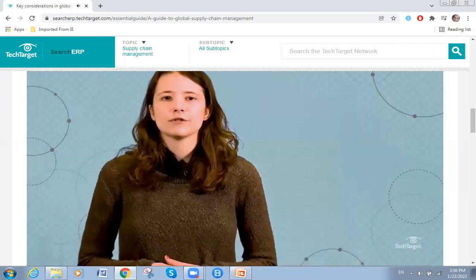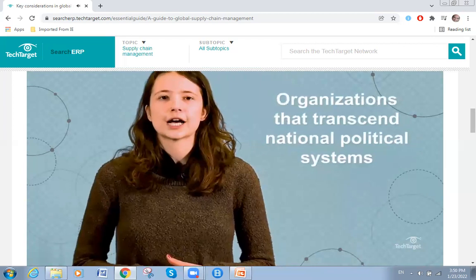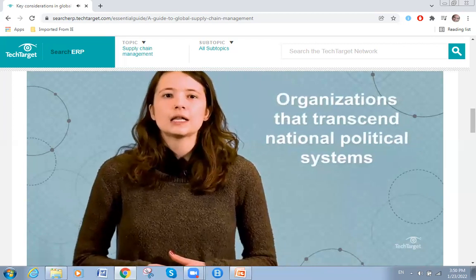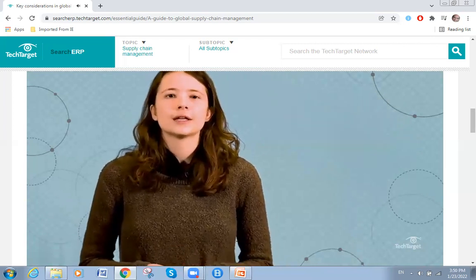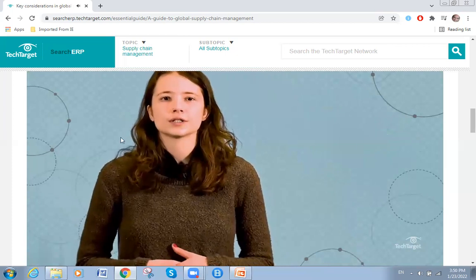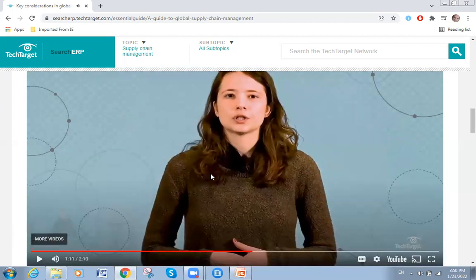Political globalization refers to organizations that transcend national political systems, like the United Nations, the World Bank, and the International Monetary Fund. Cultural globalization